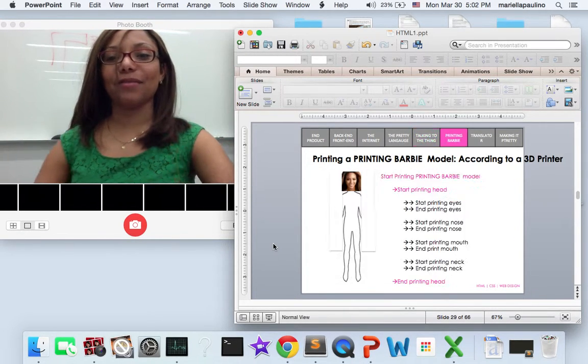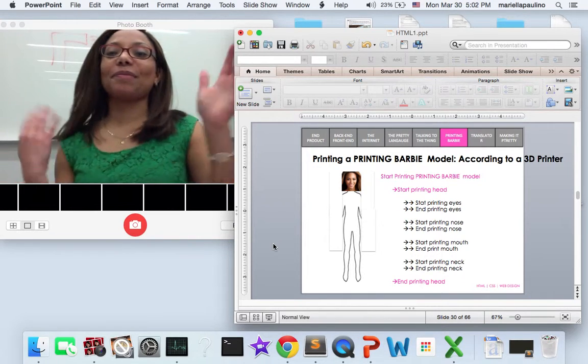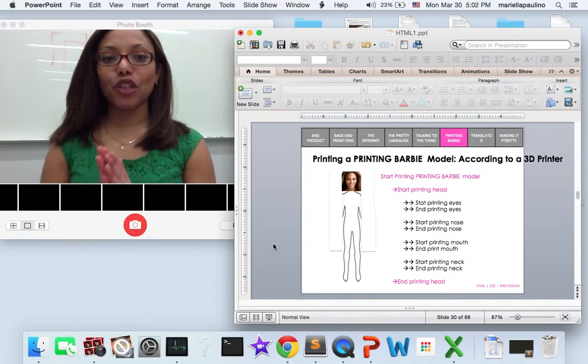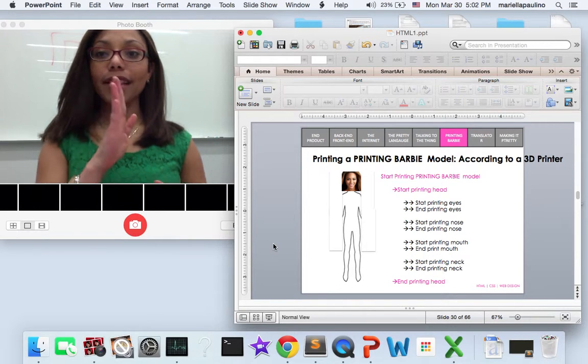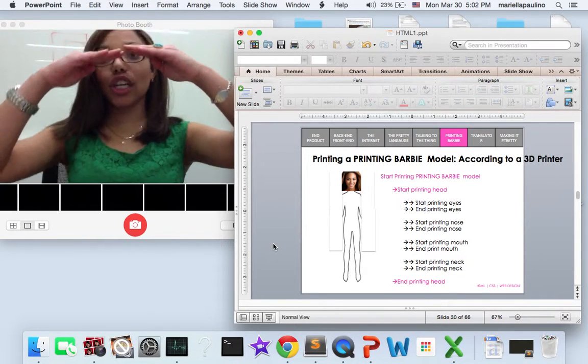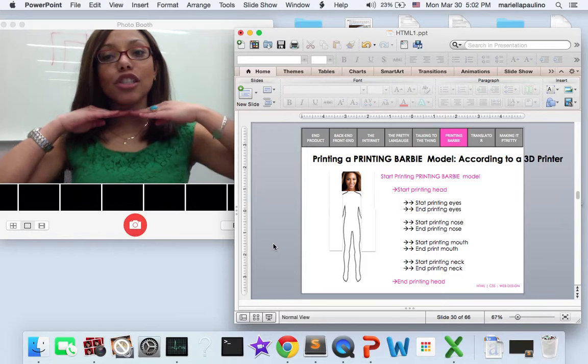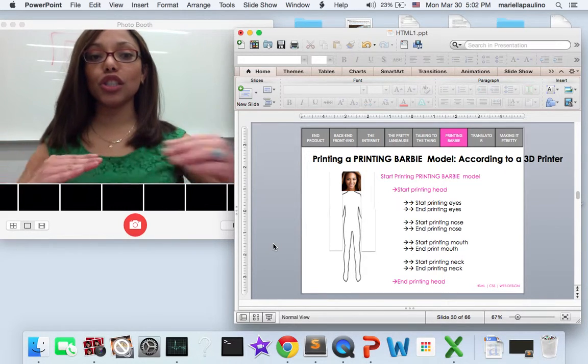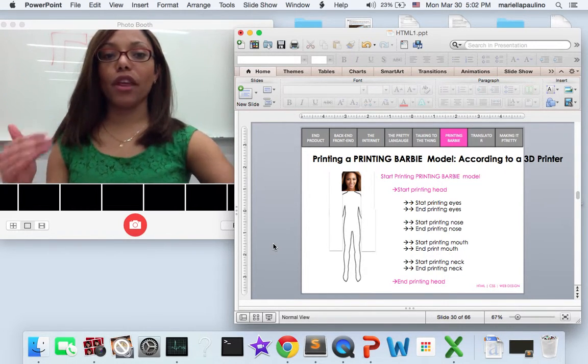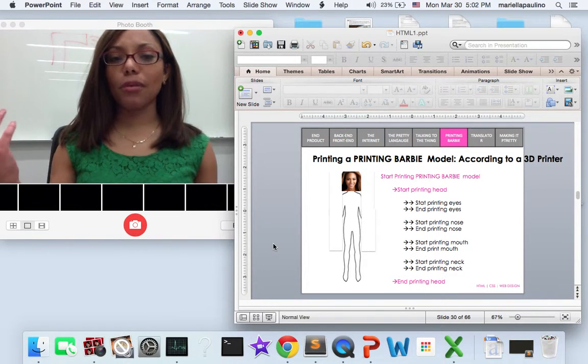Bye, guys. Alright. So, for you to print the model, you need to have two things: the body and the head. The head, stop head, print body, and so on and so forth. So, if you were printing the Barbie, it would be